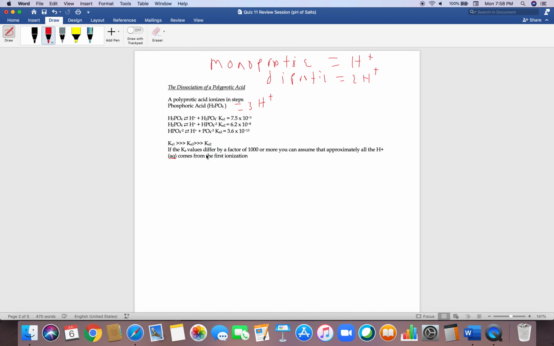When we're calculating the Kb, we want to use,